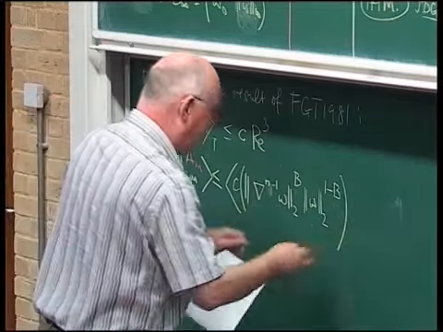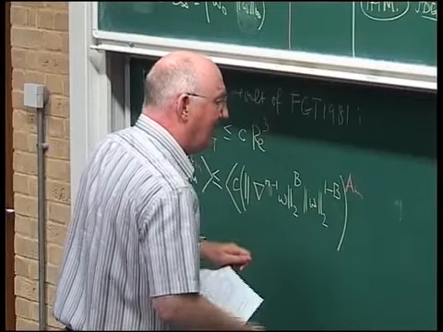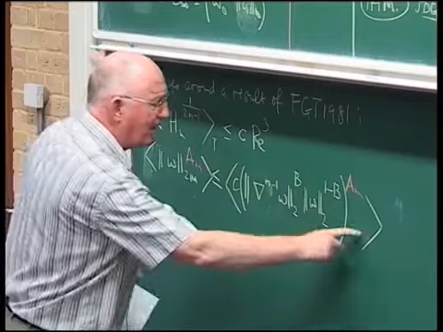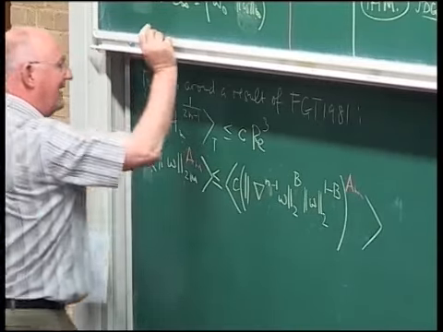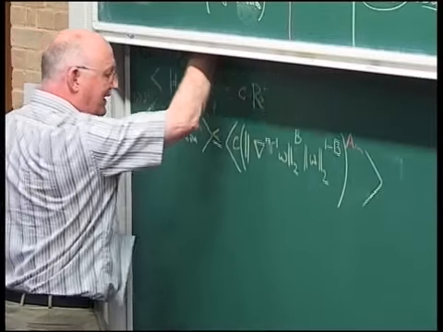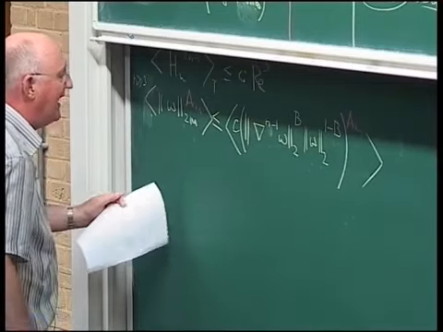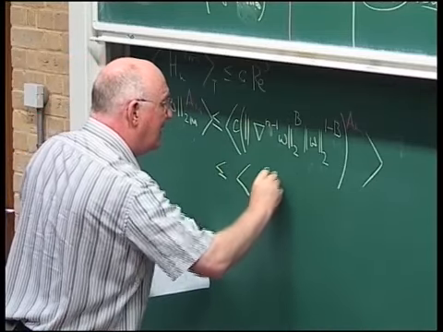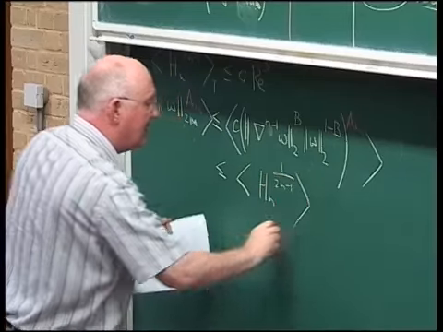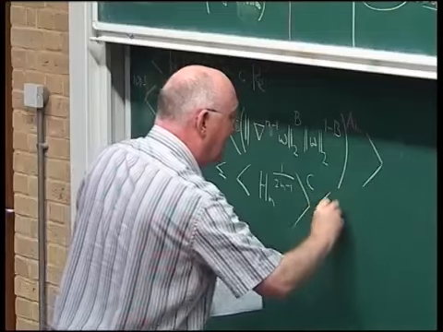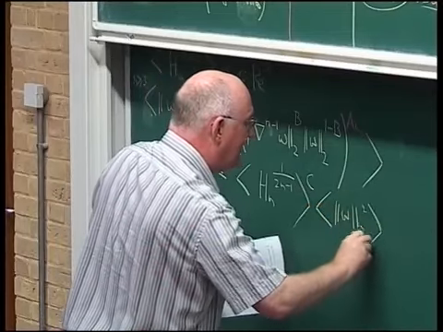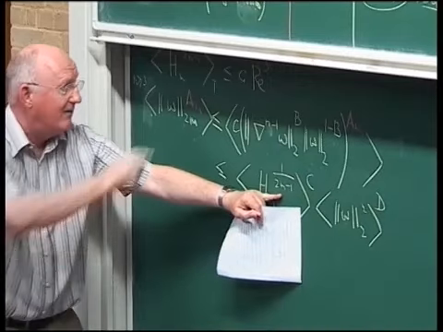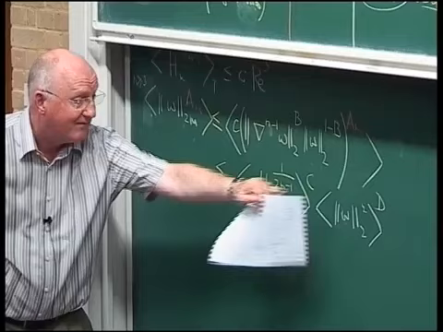Okay, so I'm going to put that to the an, and I'm going to time average. Then I'm going to break this up by Holder's inequality. I won't do the detail, but when I break it up by Holder's inequality, what I discover is that it comes out to some C, it comes out to some D, whatever they are, it doesn't matter, and this is exactly the result here. I can only do that if